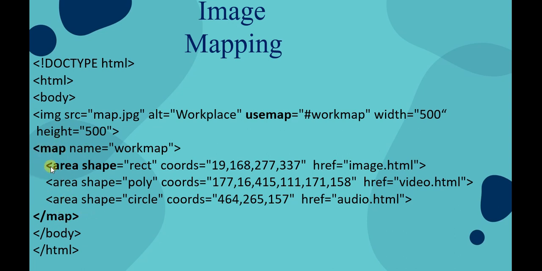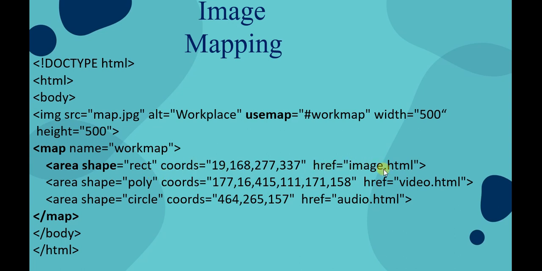This area tag helps us to define our own shapes. For example, rectangle, poly, circle. Okay, you can insert your need like square, hexagon. It's your wish. You can insert the shapes according to your needs. Then coords. Coords is the attribute which represents the value of the shape. Like if rectangle, it means how big the rectangle is, what's the dimension of the rectangle. Likewise, each and every shape has some value.